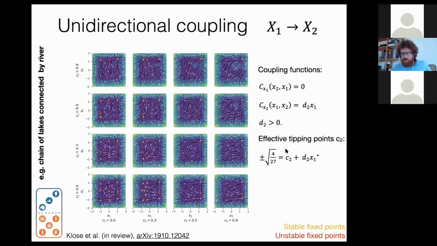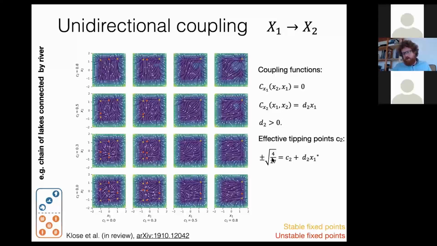The critical parameter has this value for an isolated tipping element with these standard parameters, square root of 4/27. This is what we sometimes call the intrinsic tipping point. So this is the critical threshold that the tipping element would have without interactions. And if we add these interactions, it's effectively changing the value of this second control parameter. So you can just add that here, and in that way compute a value of the effective tipping point C2, which is